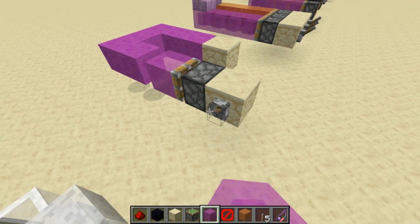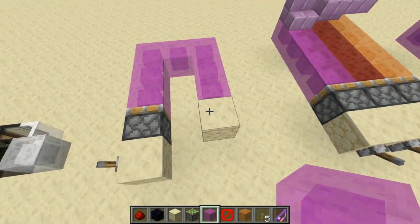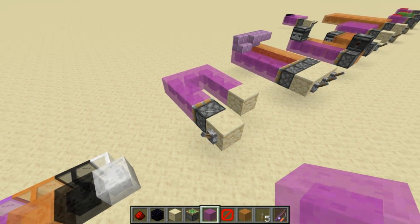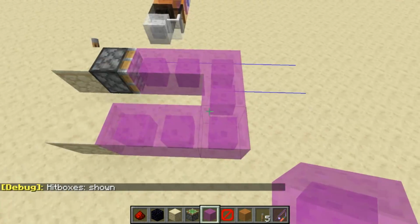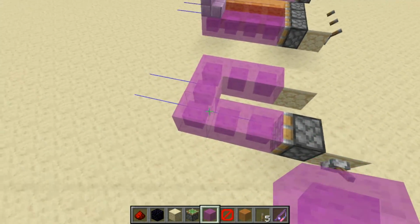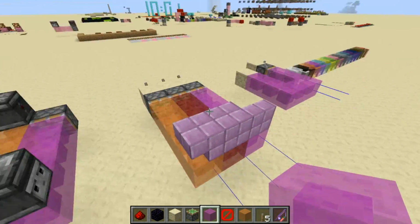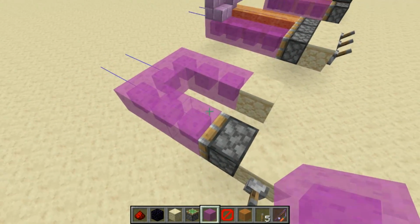Here's the basic functionality of slime blocks. This is all one group of slime blocks, one color. You notice it's sticking to this sandstone. If I press F3 plus B, there's a bug where sometimes not all of the entities show up, but basically these blue lines are entity look directions. So there's a bunch of entities, one at each slime block, and the entities are area effect